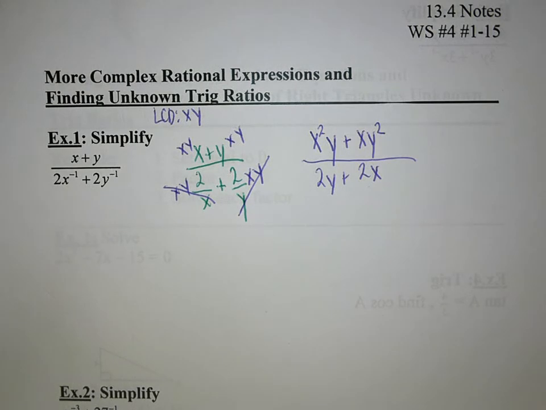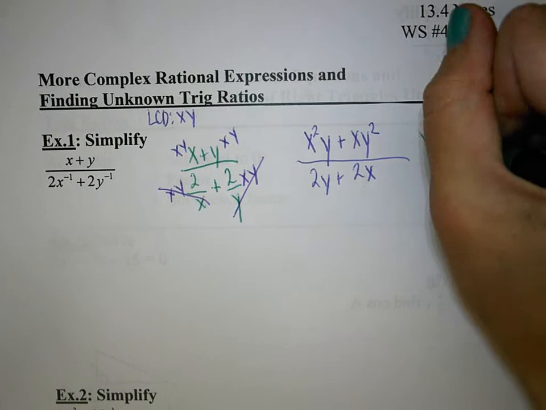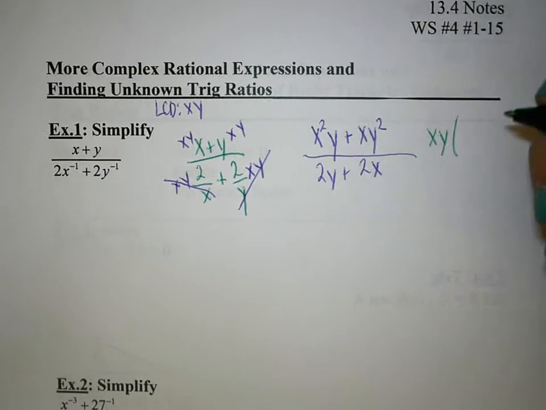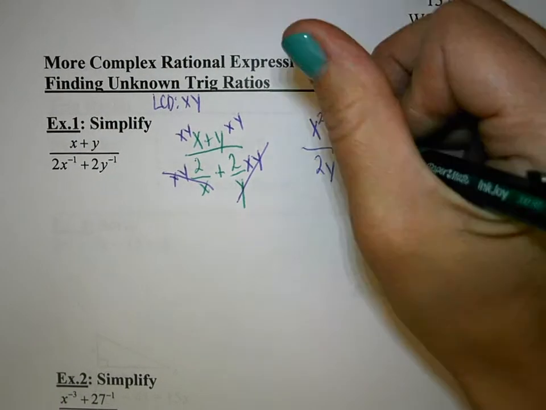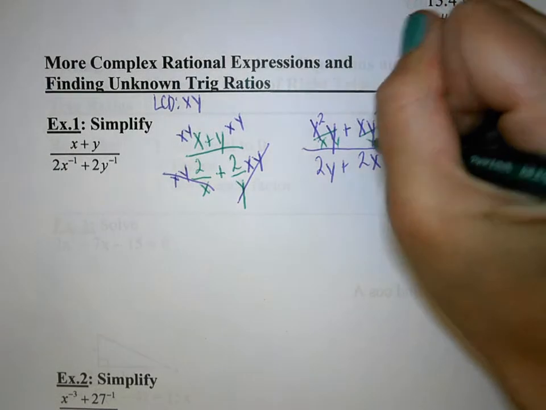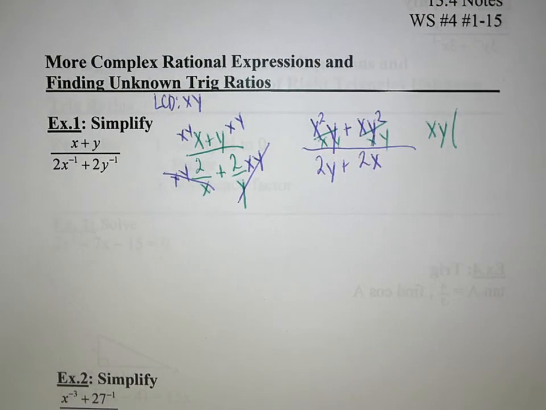Okay, so we always check if we can do anything else. So if we just look at the top, is there anything that could be factored out? Your xy. So it actually ends up kind of going back to what it was before. So we take out an xy, we divide each of these by xy, and we end up with